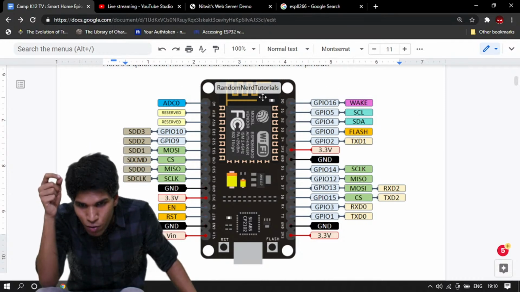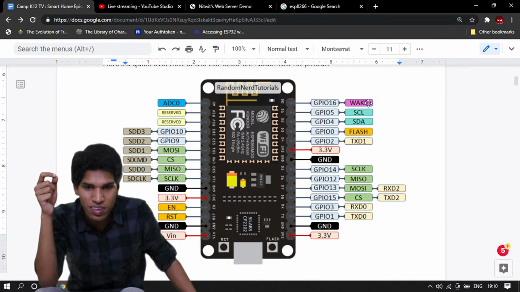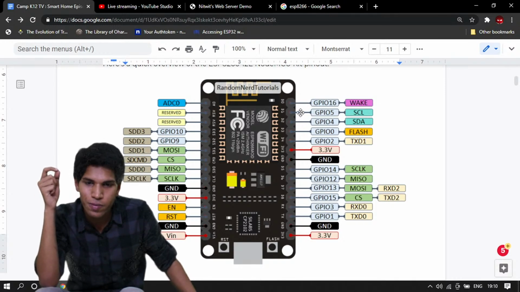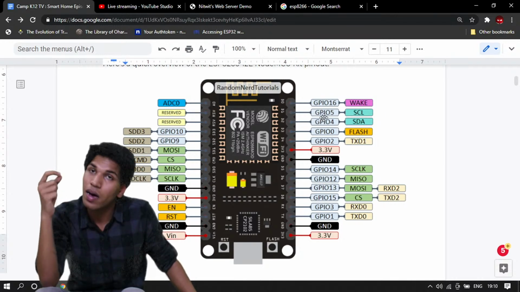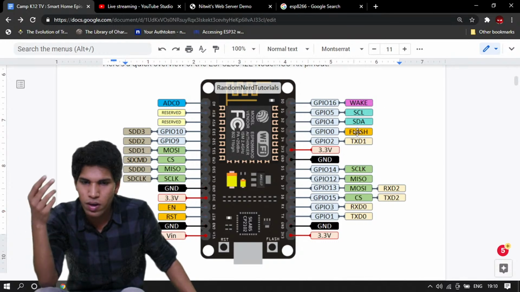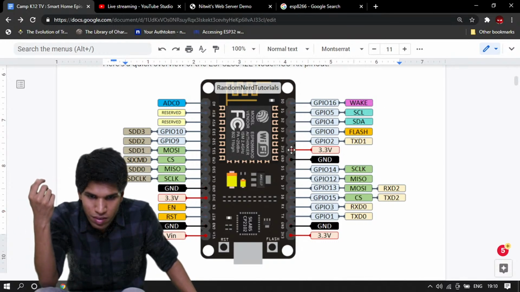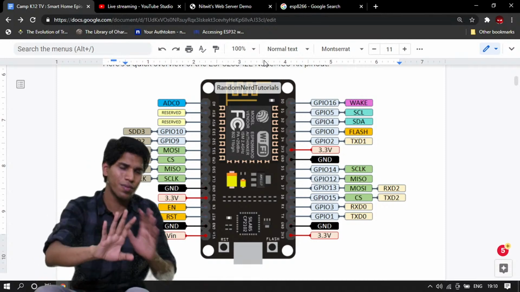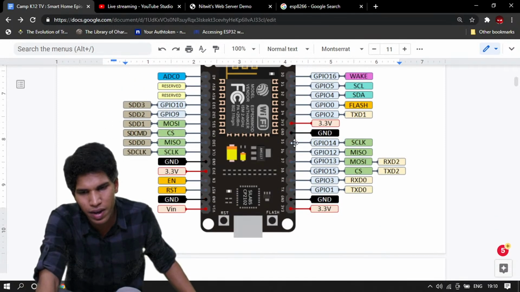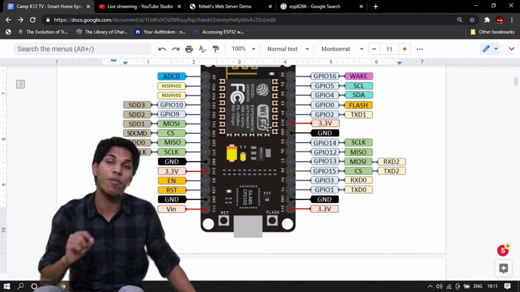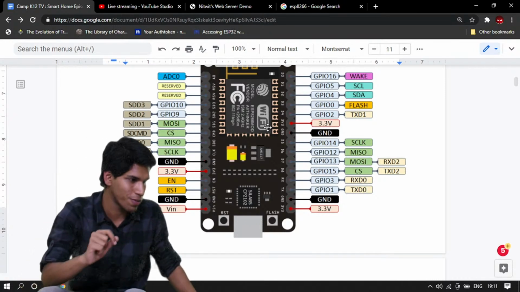Let me tell you about D1. D1 can work as a data pin, and can also work as a clock pin. Don't worry about all of this. I've added this pin diagram so that you will know what pins I'm referring to for today's class.